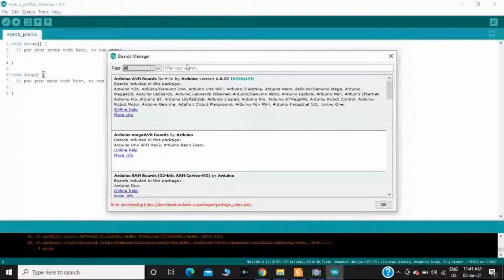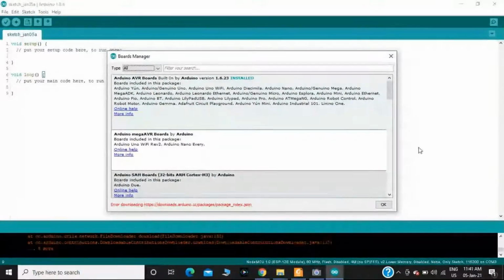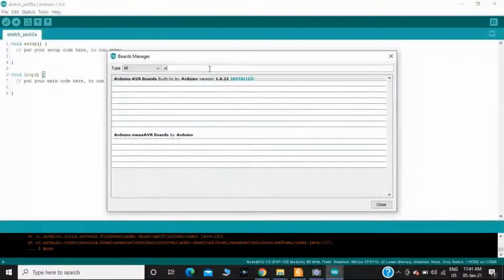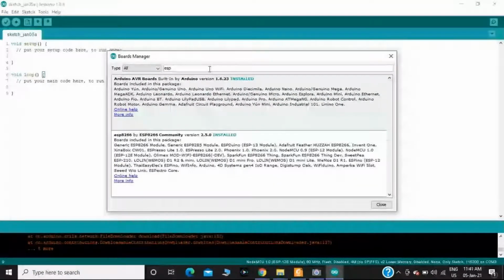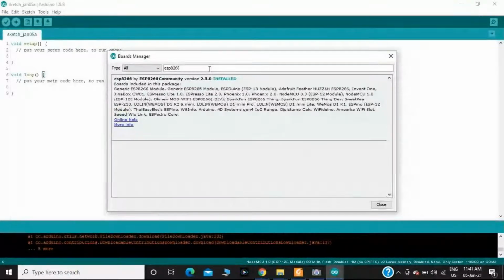After clicking on it, I should type ESP8266. I will get this version related to ESP8266 by the ESP8266 community.